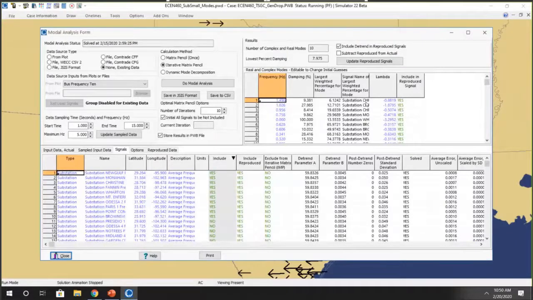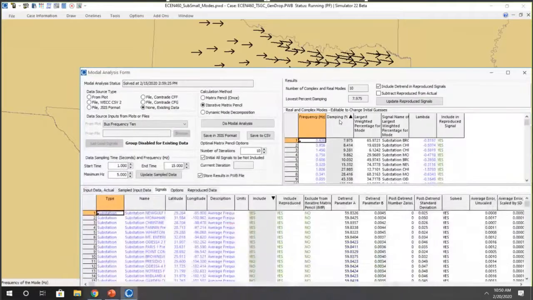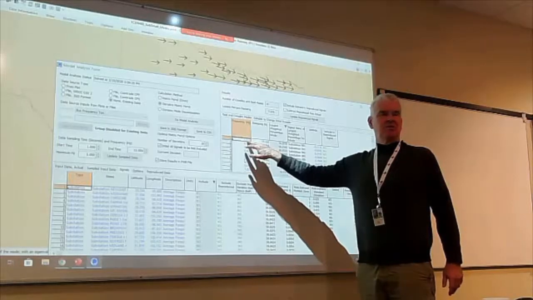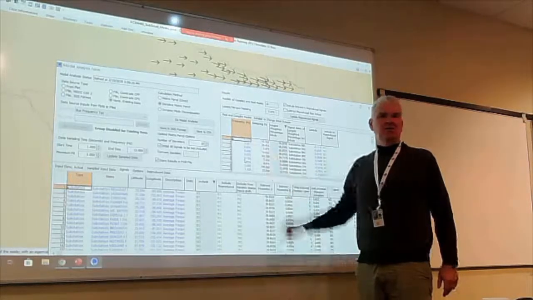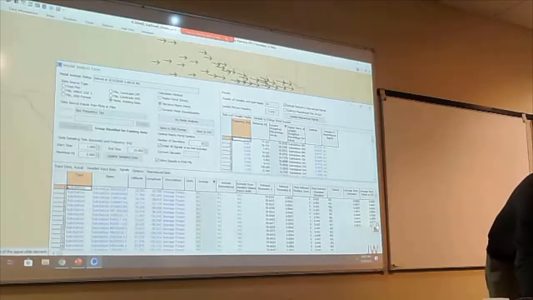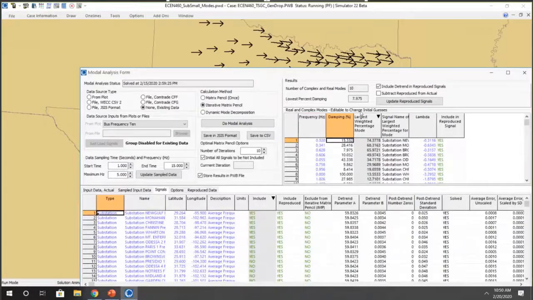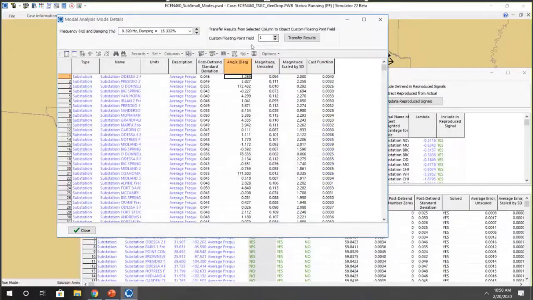Let's say I want to visualize another mode. So I click on damping, click on largest percentage, and say I want to look at the 0.32 hertz mode. Everybody got that mode there? If you right click on that, and then do the same thing, transfer the angle into custom float 1, so click on the angle column, transfer results, click on the magnitude unscaled, transfer results,